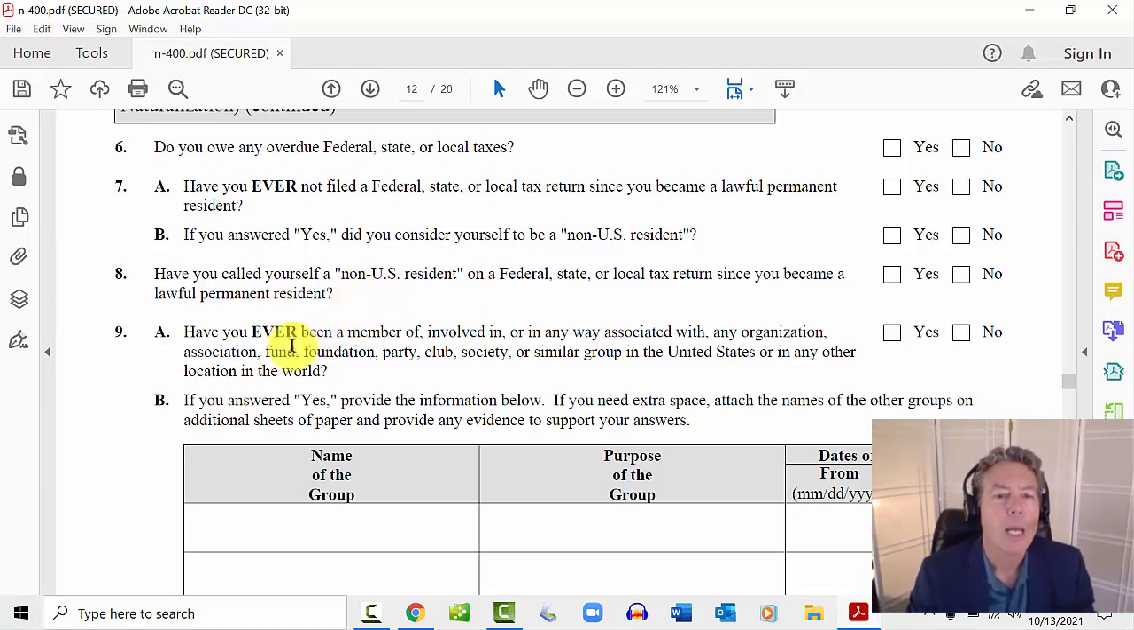Have you ever been a member of or involved in any way associated with an organization, association, fund, foundation, party, club, society, or similar group in the United States or in any other location in the world? This is very broad. And this is a way for you to actually score points. If you are a member of a service organization, if you're doing Habitat for Humanity work, if you're working in a domestic violence shelter, if you're in the chess club,